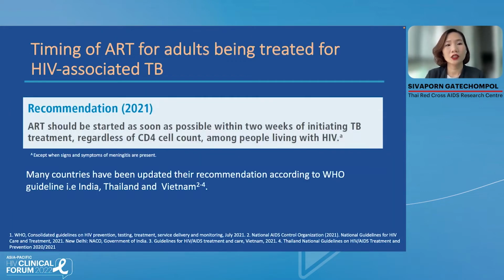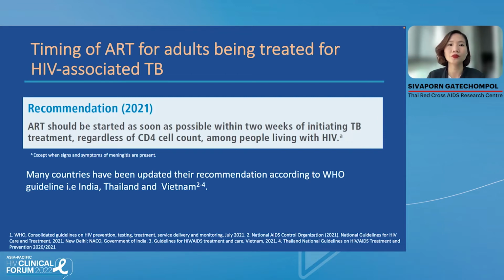For the timing of ART for adults being treated for HIV-associated TB, since 2010 the WHO has recommended starting ART within 8 weeks of initiating TB treatment, and in 2013 the WHO recommended starting within 2 weeks among those who have CD4 less than 50 cells per mL. But in 2021, the WHO recommended that ART should start as soon as possible, within 2 weeks of initiating TB treatment, regardless of the CD4 cell count. This recommendation has been updated in the HIV guidelines in many countries in Asia, such as Thailand, India,